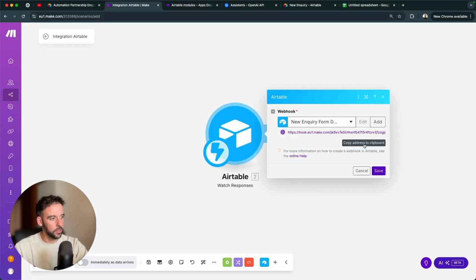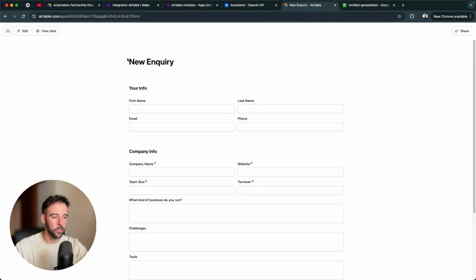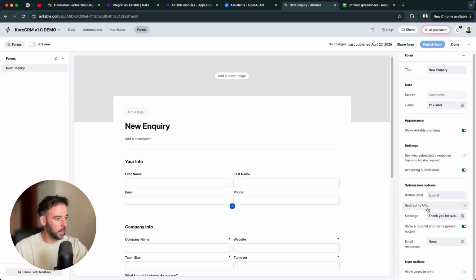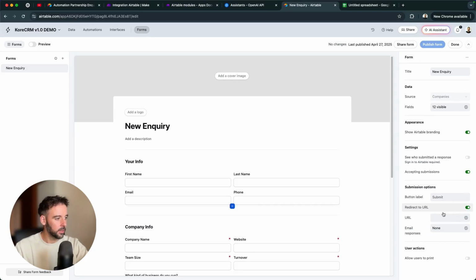So the next thing that we can do is copy this address to the clipboard, and then I'm going to come back over to our form here. And if I click on edit, and then come into the settings of the form, you can see on the right-hand side here, it says redirect to a URL. We want to turn that on because we want to be able to paste that hook URL